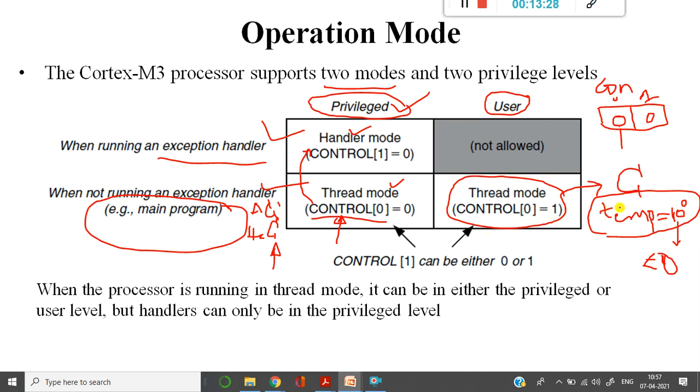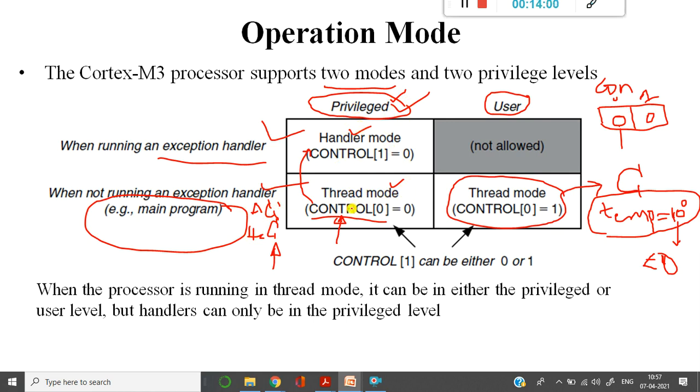Now there is already a program that exists, but I'm asking, based on this condition, go and execute another program, which is to turn on the AC or to turn on the heater based on the condition. Now it is also a thread mode, but it has privilege, which means it must execute that particular program, right? So we call it the privileged mode.